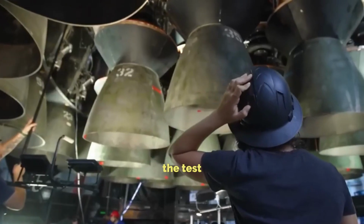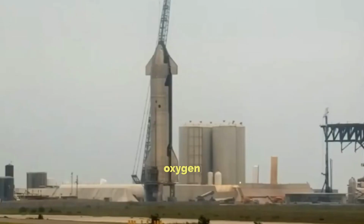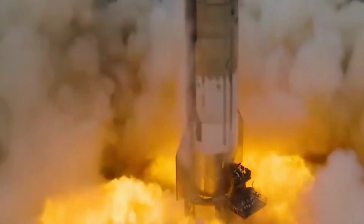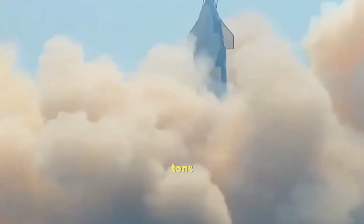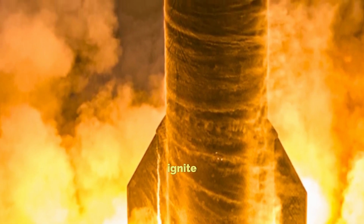Now, let's talk about the test itself. The ignition process began with the fueling of liquid oxygen and methane, and soon, a frost line appeared on the rocket, indicating that the liquid oxygen was ready. After about 45 minutes, venting streams below the test stand signaled that the engines were chilled and ready to fire. When the test began, all 6 Raptor engines ignited simultaneously, producing over 1,000 tons of thrust. The whole process lasted only 4 to 5 seconds, but it confirmed that Ship 30's engines could ignite together under